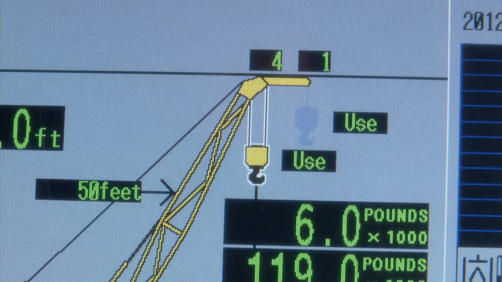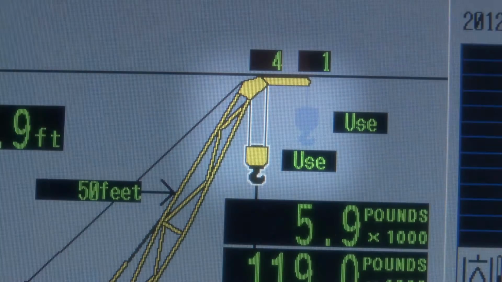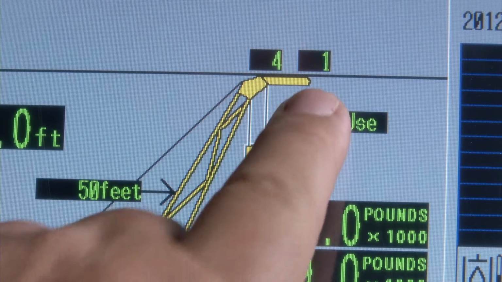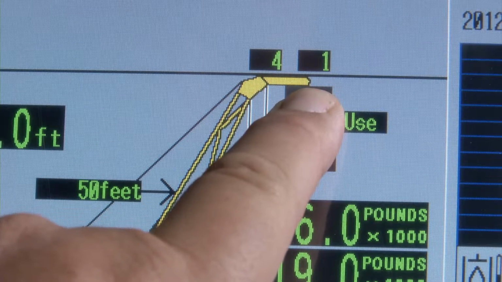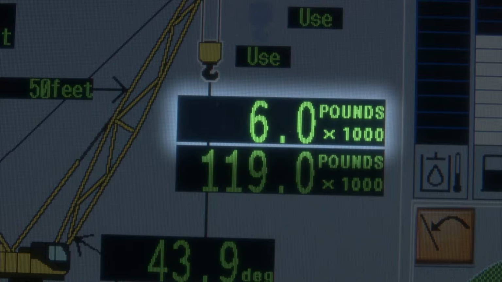Below the parts of line indicators are the main and auxiliary hooks. The one that is selected is bright, and the one that is not selected is a light shadow. To change the load safety device to a certain hook, press the picture of that hook until a beep is heard. Next, we have the actual load of the hook block and the weight on that block that has been